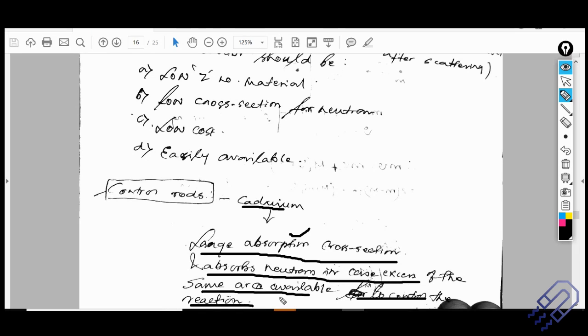But this is something which you might have already known. Nuclear reactor basics are already known to you. Control rod is already known to you. What I've introduced in today's class is something extra for the nuclear fuel and the moderator.